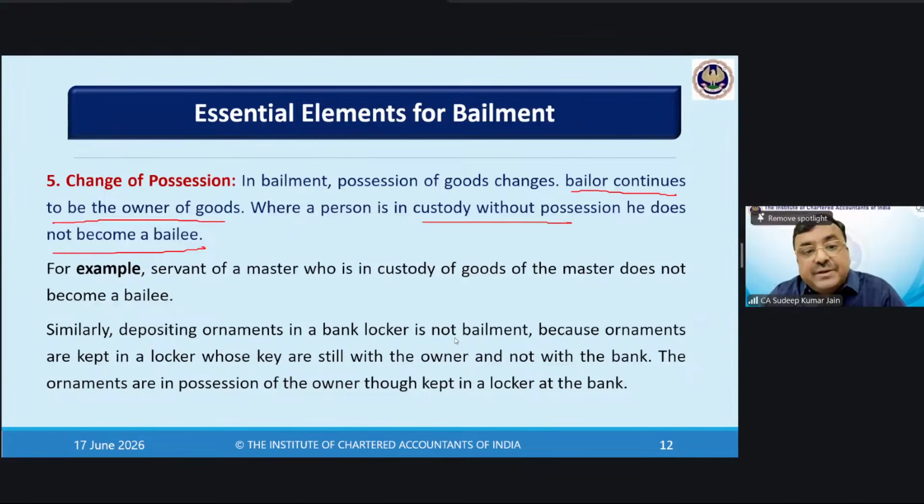Similarly, depositing ornaments in a bank locker is not bailment, because ornaments are kept in the locker whose keys are still with the owner, not with the bank. The ornaments are in possession of the owner, though kept in the locker of the bank. भले ही लॉकर में रखे हुए हैं, एक चाबी ओनर के पास ही हो, एक चाबी ओनर के पास ही। प्लीज पढ़िए इसको।